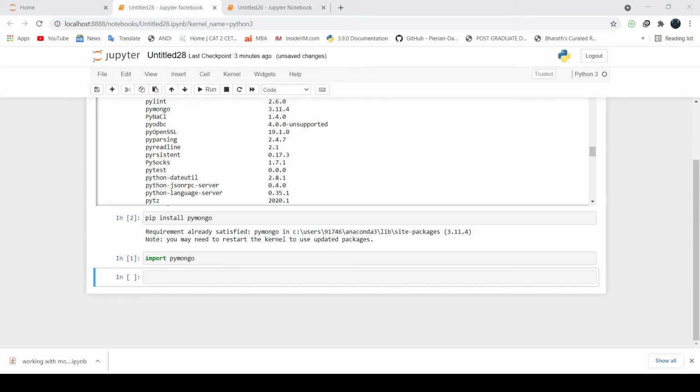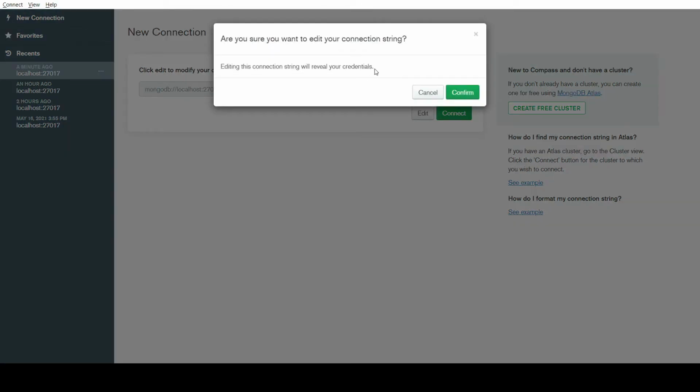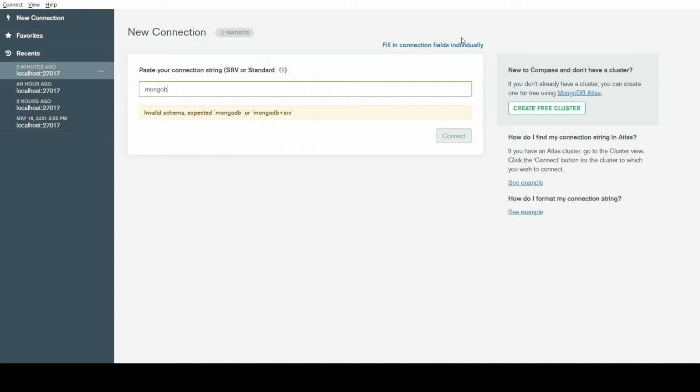So right now, the connection URL, if you are using a local host, means your local system, is the same for everyone. Here you need to provide a connection URL, which is a must, because using this particular URL only will you be able to connect with your Python. So that URL is mongodb, and this URL I'm giving for the local system, not the cloud one.